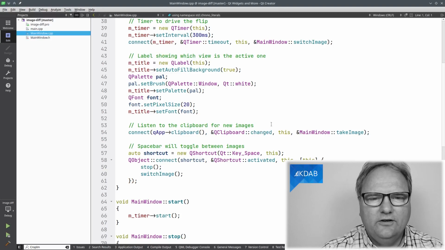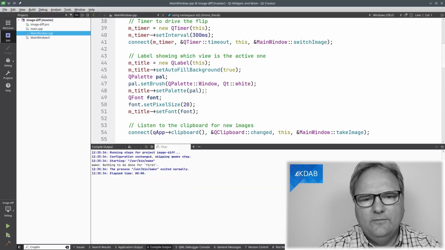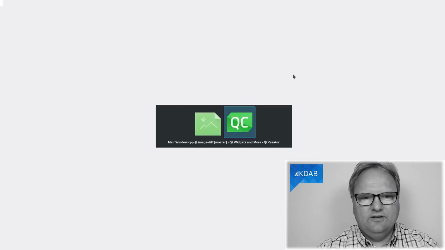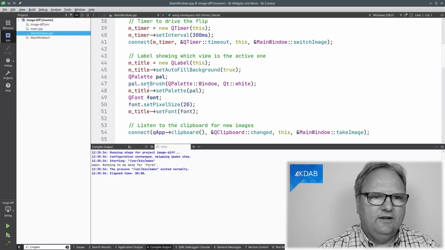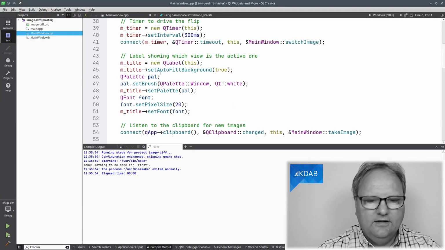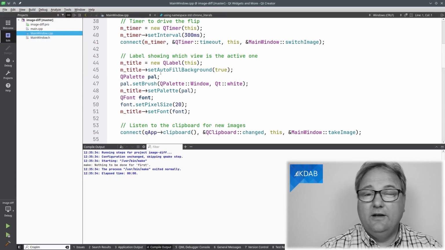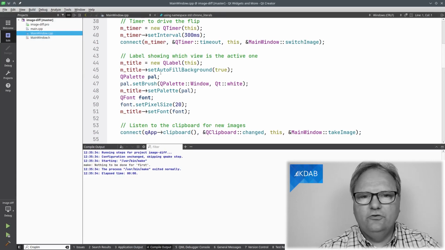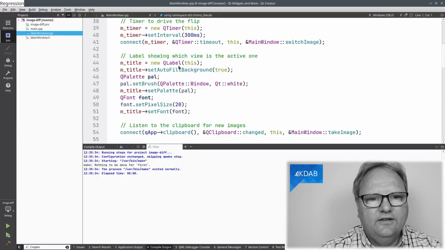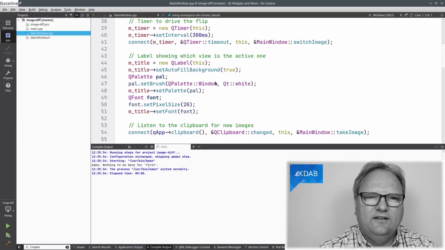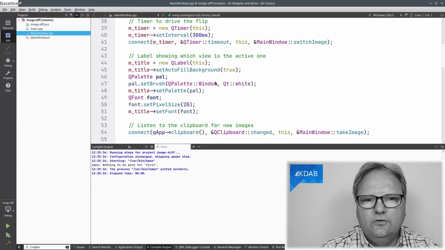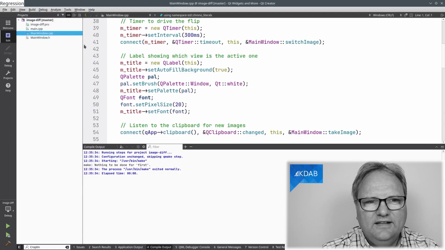Let me show you what it looks like when I run it. So I'll be running my application now, and it looks like this. Not very interesting yet, but let me go over here and I'll just take a screenshot of it, and let me just move this one slightly. I'll take another screenshot of it. So that was my baseline and my improved version. And now when I go over here, you can see that it is showing me these two screenshots side by side. And it's much easier to eyeball this to validate that the only change is indeed this here.